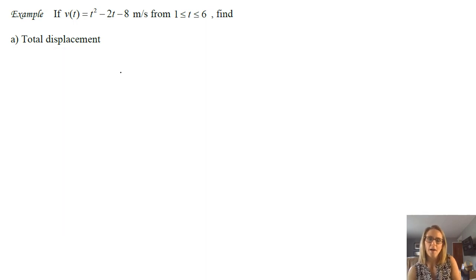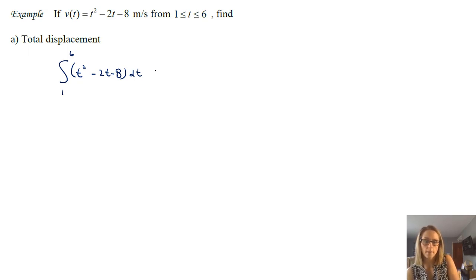All right, so to be honest, it's a little bit easier to do total displacement because it's exactly what you would think. It's integrating over the limits of integration from 1 to 6 of your function, the velocity function here, minus 8. And in this case, we are talking about dt. So don't forget that you want to be thinking about dt because that's what the function is. And then you're just integrating. So you can pause if you want and see if you can get the answer. Your answer should be a number, and then come back and check it.